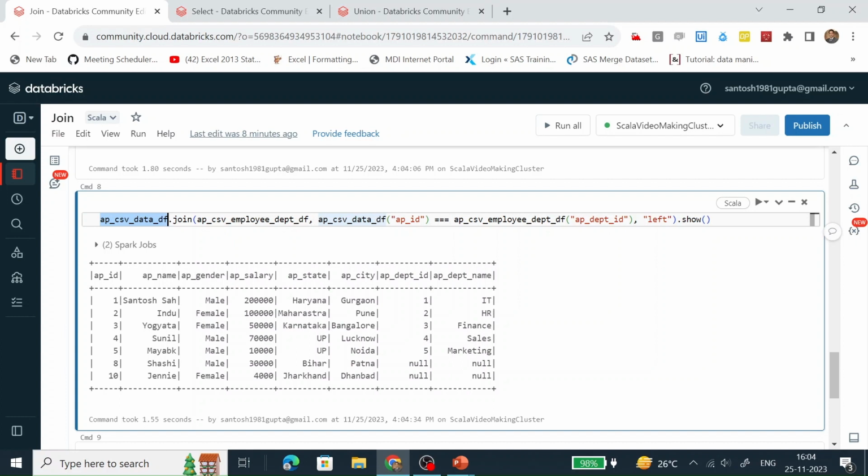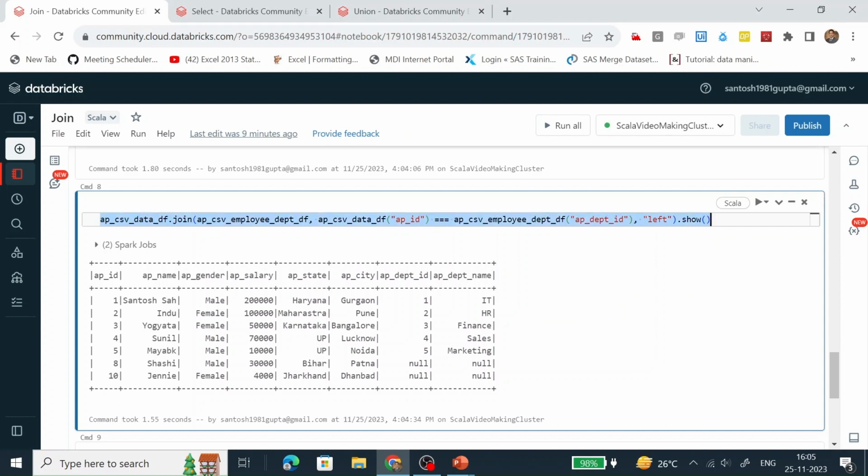Till here, all the columns are populating with the data which is present in the left table. But in the right table, it is populating the data which is matching till here. But these 2 are not matching. That's why here it is putting null. So it is taking all the data from the left table and all the matching data from the right table.